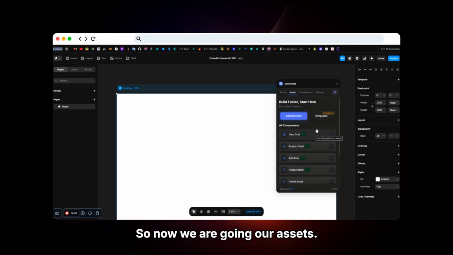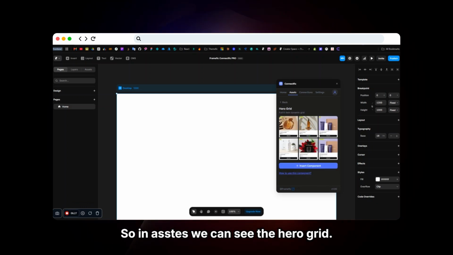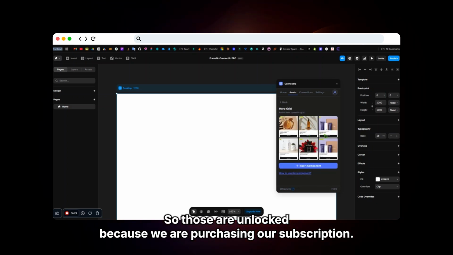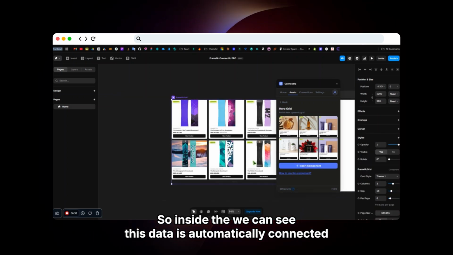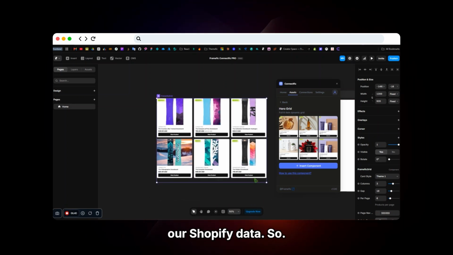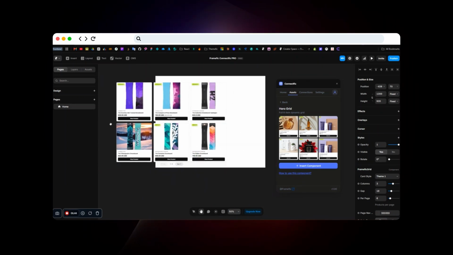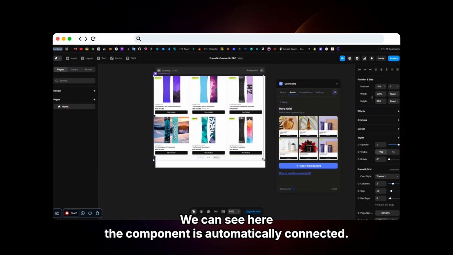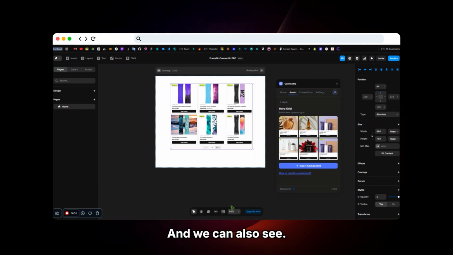So now we are going to our assets. In assets, we can see the hero grid. Those are unlocked because we purchased our subscription. Inside, we can see this data is automatically connected to our Shopify data. So we can see the component is automatically connected, and we can also see